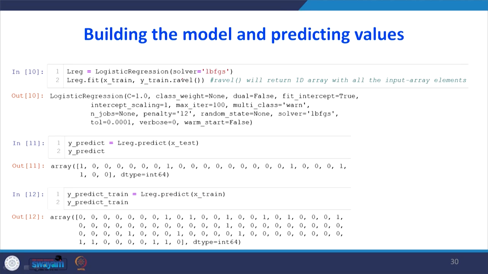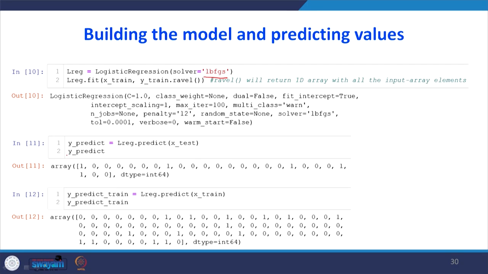In logistic regression we are going to use LBFGS; there are different methods, which I will show when I am running the code. This is one method for constructing the logistic regression model: logistic regression dot fit of x train, y train dot ravel, which will return a one dimensional array with all input array elements. So, we are getting this output.